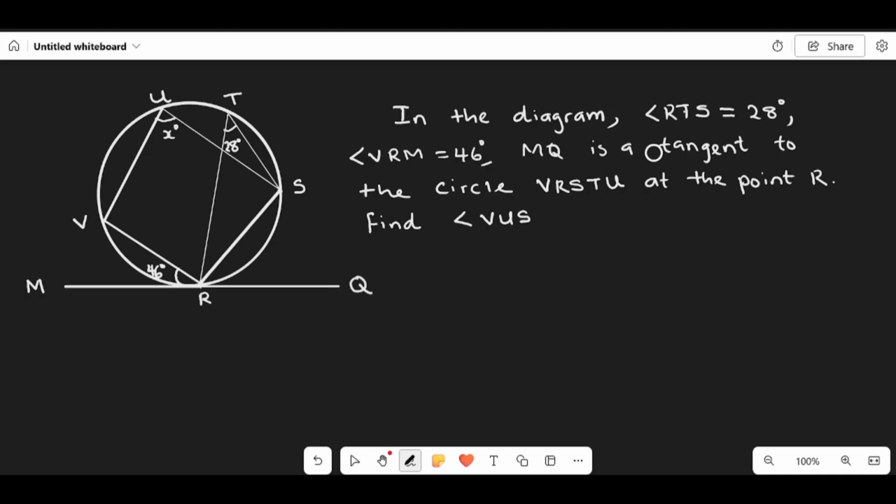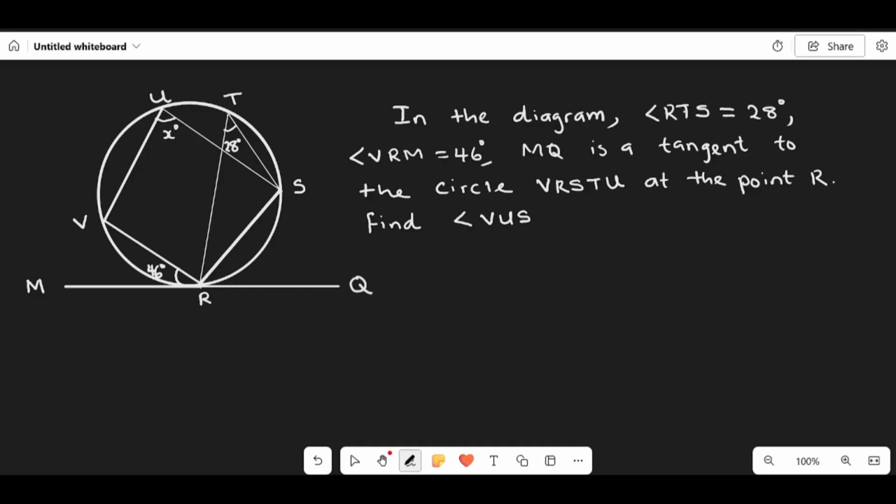In the diagram, angle RTX is equal to 28 degrees, angle VRM is equal to 46 degrees, MQ is a tangent to the circle VRSTU at the point R. Find angle VUS. Recall the alternate segment theorem that says the angle between a tangent and a chord at the point of contact